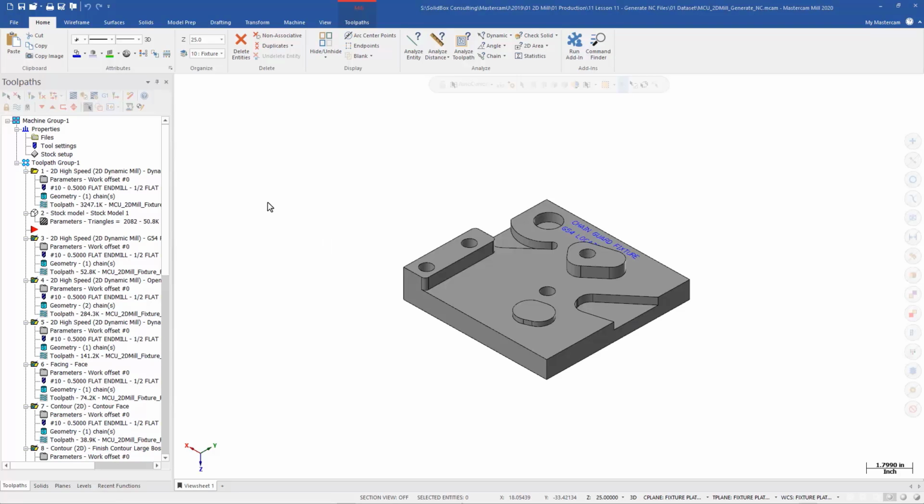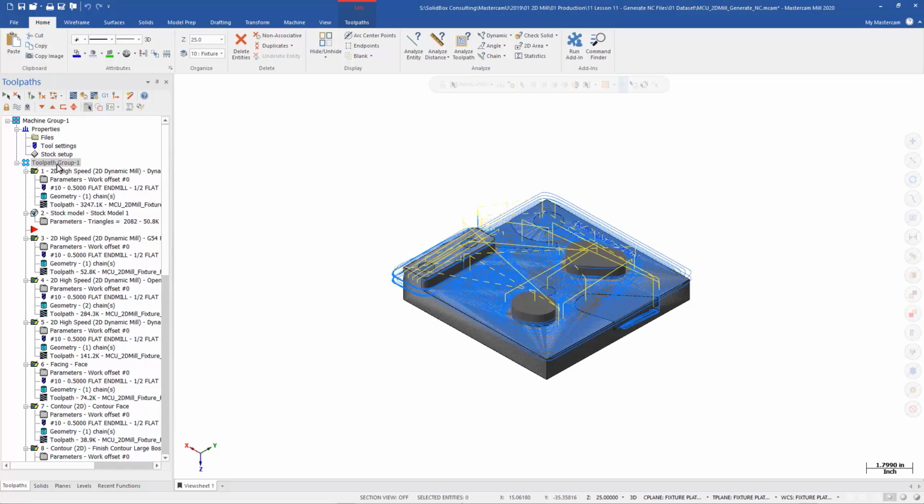The next thing that we want to talk about is how we can take all the information we've created in Mastercam and create some machine-readable code. You can open the supplied file MCU2D-mil generate NC. In the toolpath manager, we're going to start by selecting our toolpath group, and inside the top of the manager